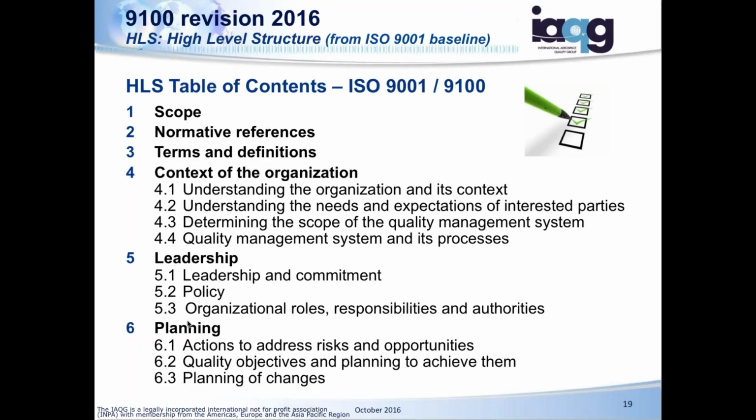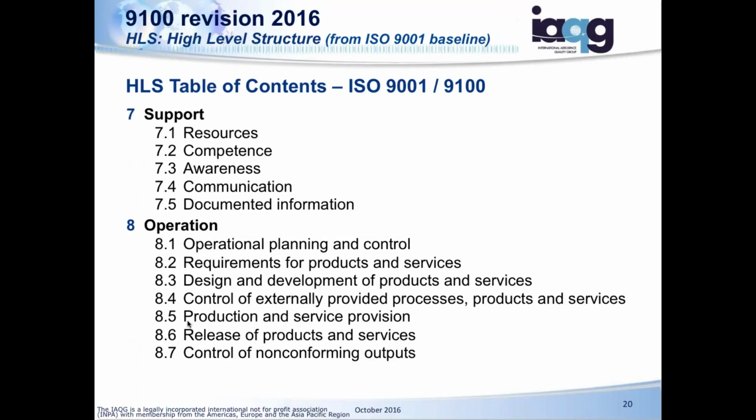It's interesting because, of course, with NXSL, ISO 14001 had a lot more details with regards to objectives and programs than quality did. So in the merging of these documents, quality had to up their game. So you'll see a little bit more details required now for objectives and to be measurable and so forth. 6.3, planning of changes. I already talked some about the fact of them upping their game on changes.